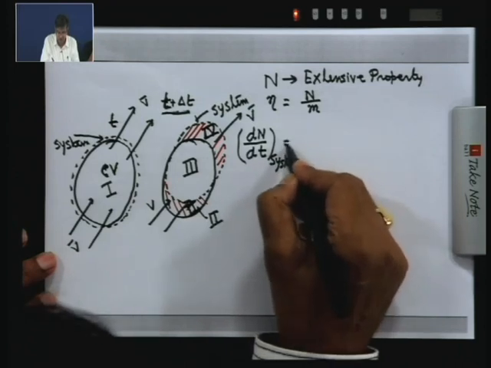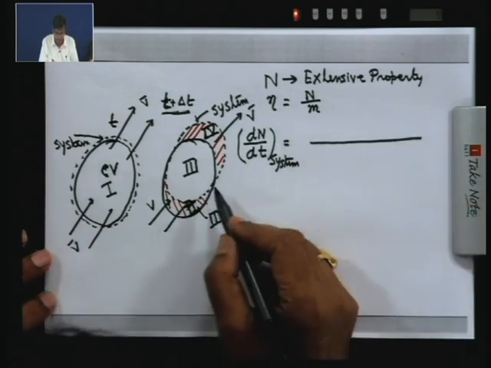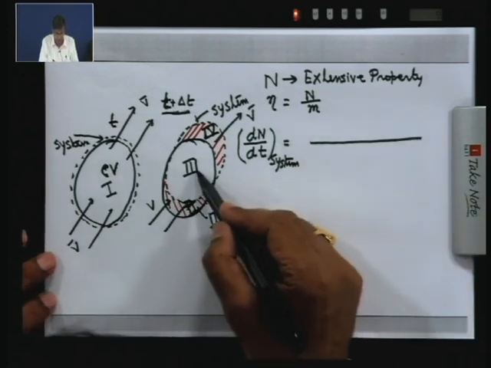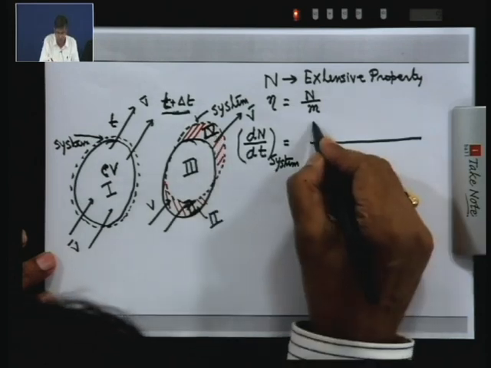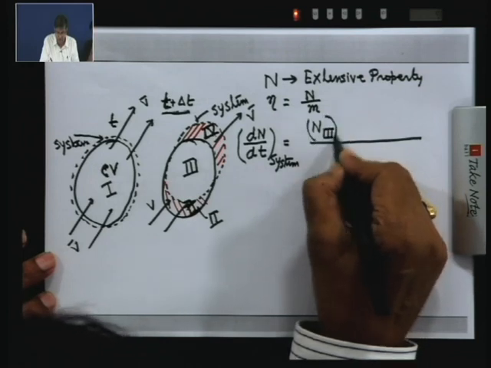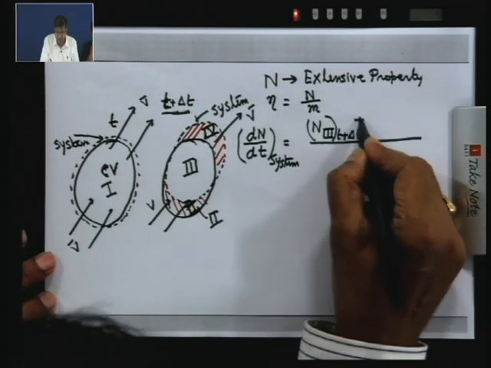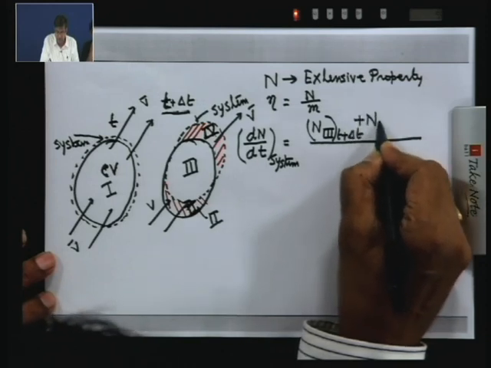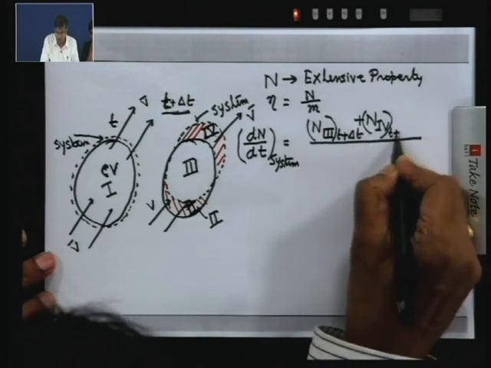The system now comprises volume 3 and volume 4 at t plus delta t. So we can write N3 at t plus delta t plus N4 at t plus delta t